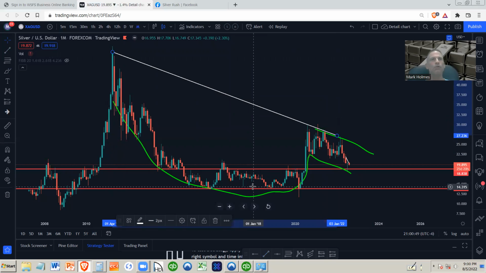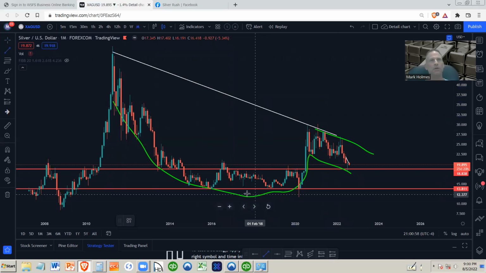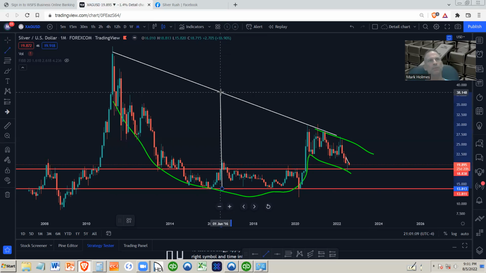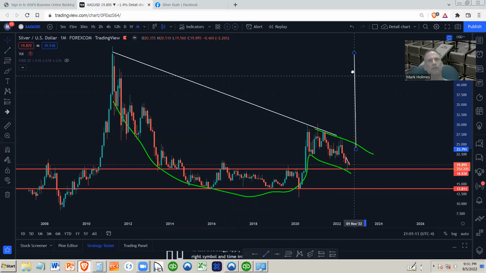Now, how you measure a cup and handle pattern is basically you take from the bottom here, which is actually right about here, and up to there. Now, the target for this